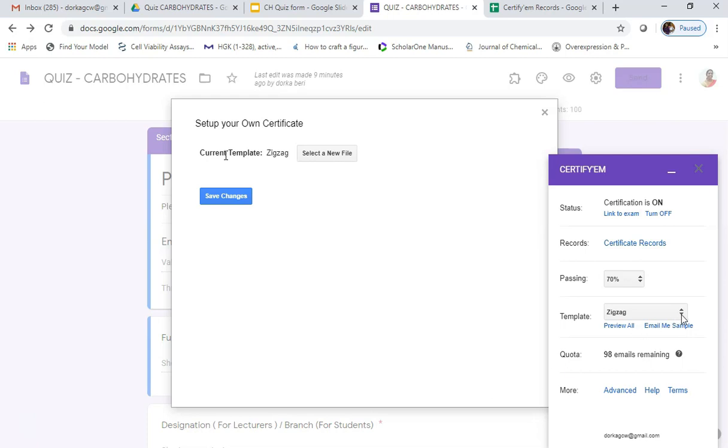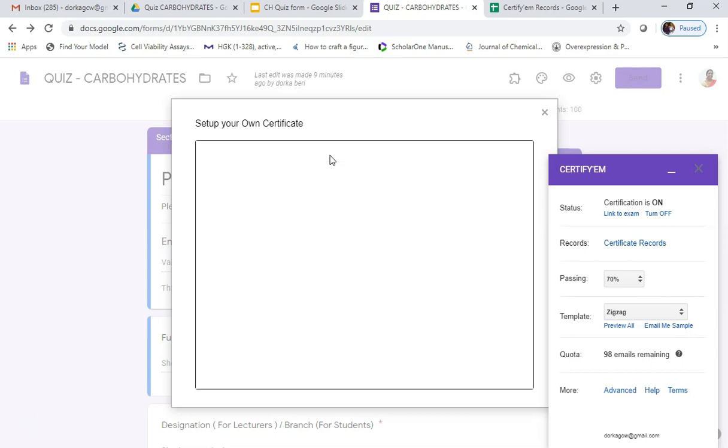When we scroll, at the end a custom template appears. When we select custom template, the setting up your own certificate option appears, where the template is already selected. Now we have to select a new file to select our certificate. Select a new file.